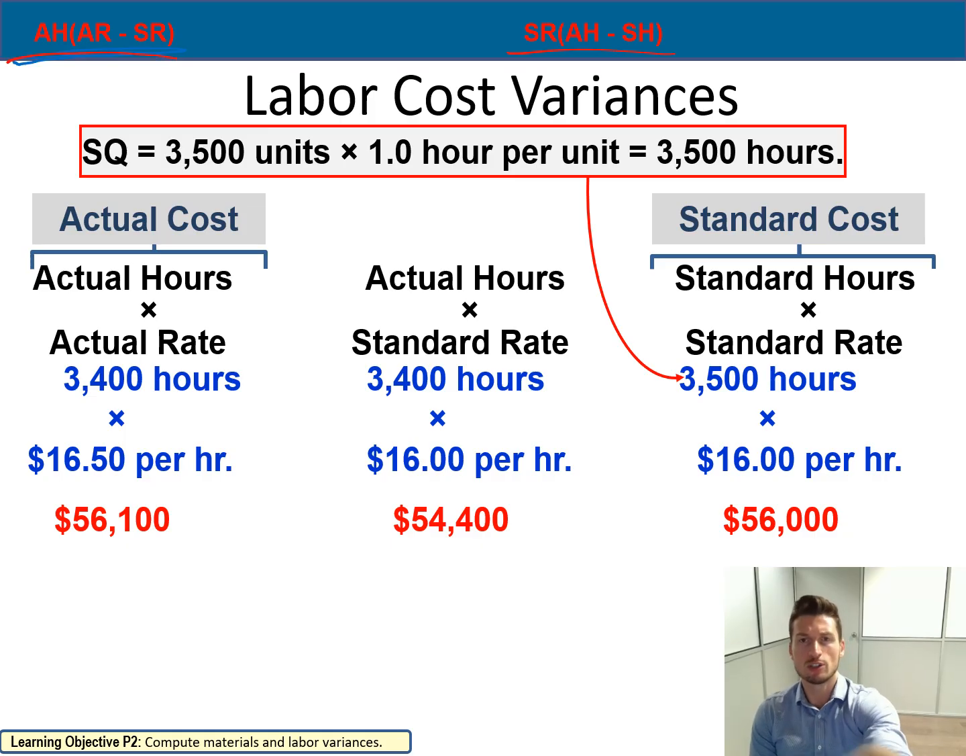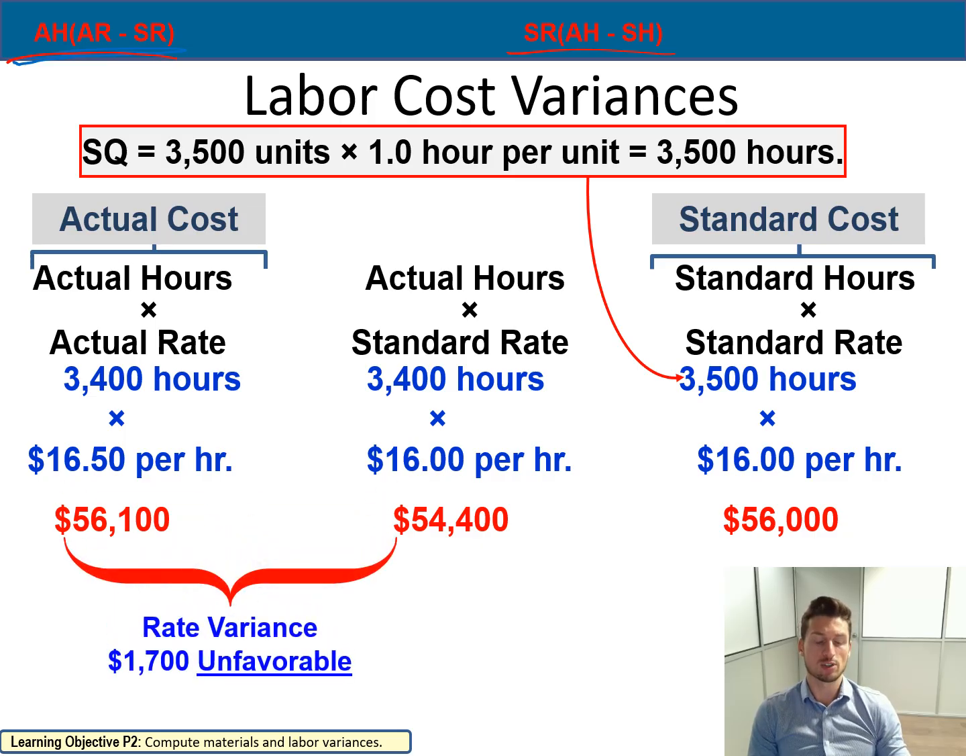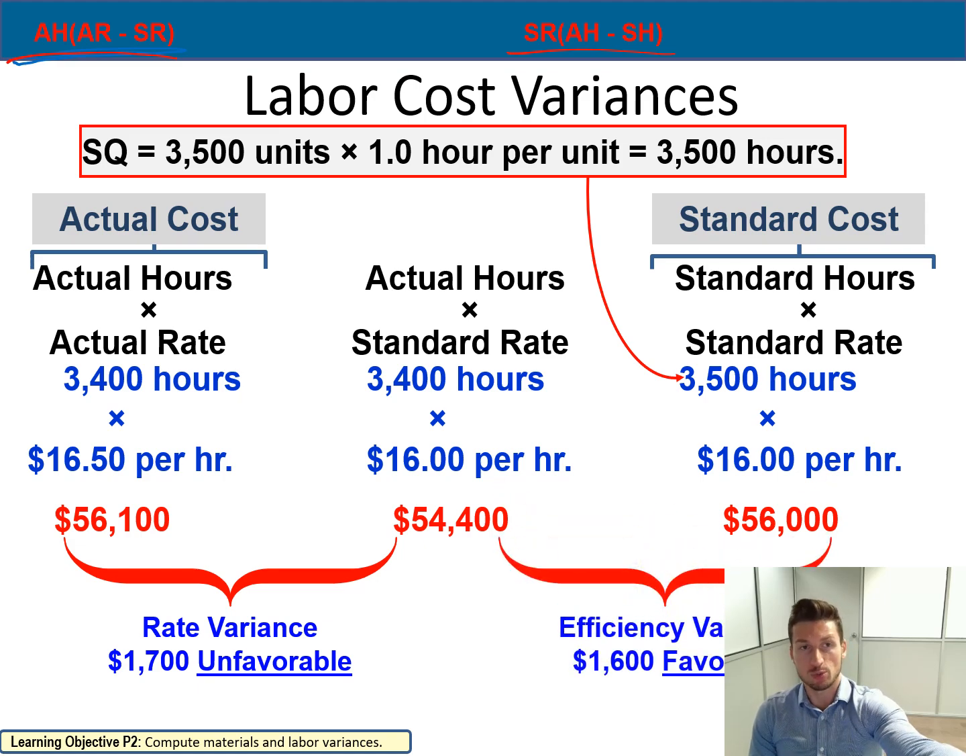So these two formulas. First we're going to calculate the actual rate variance, and after we're going to calculate our other variance, which is efficiency variance. So in actual rate variance, first of all, we're going to put actual hours, which is 3,400, which was given,